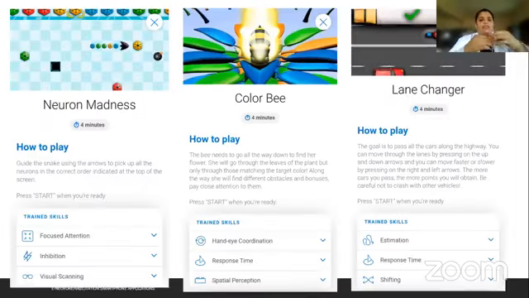In the same way, it has treatment interventions, or you can say simulation. These are games. Now there are a lot of games in our smartphone applications, like Candy Crush, Sudoku, and all other games that you can play. And you have certain other sets of games like train your brain, mind games. There are so many memory games available. But here, there is neuron madness, color bee. These are the names. Now, what aspects do these games train?